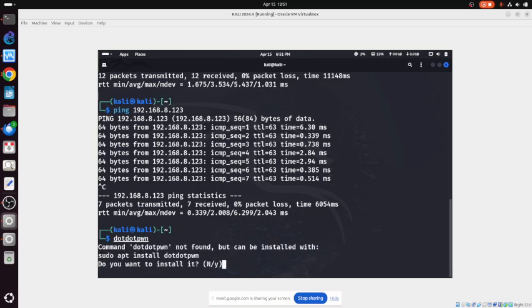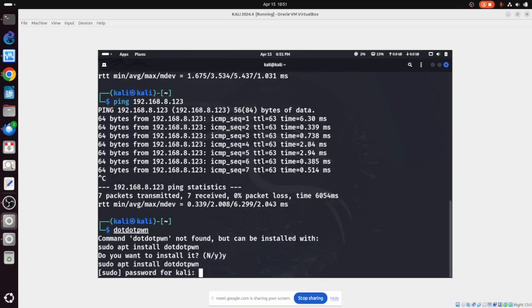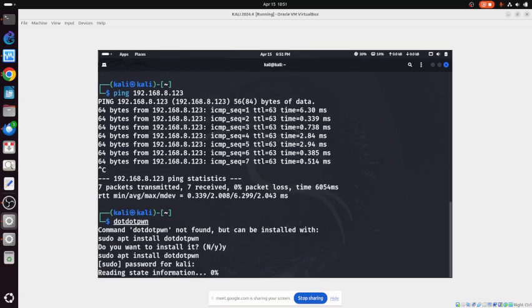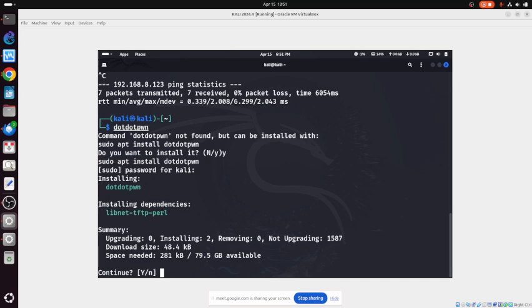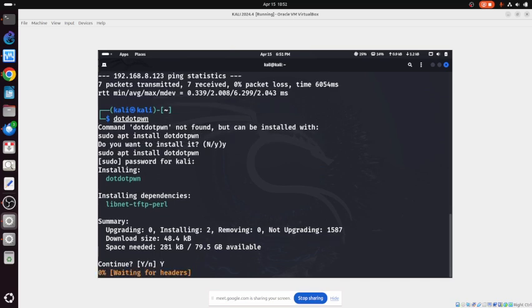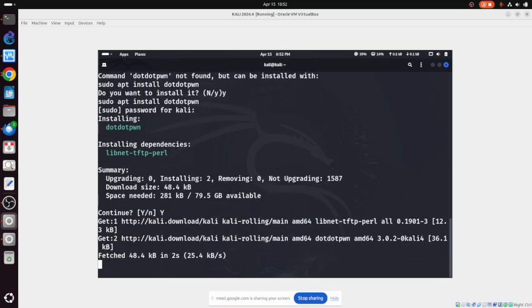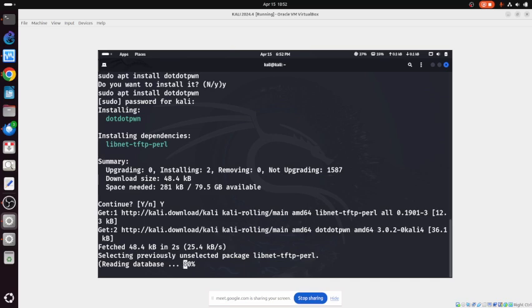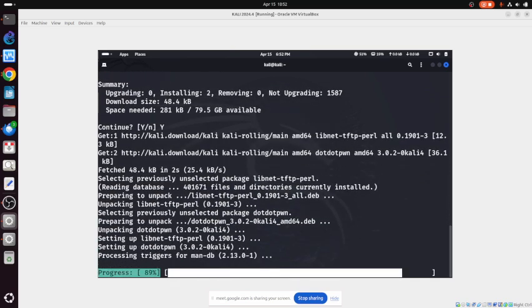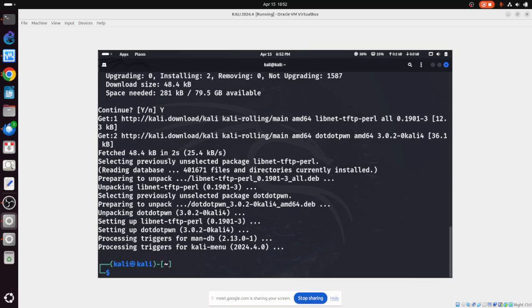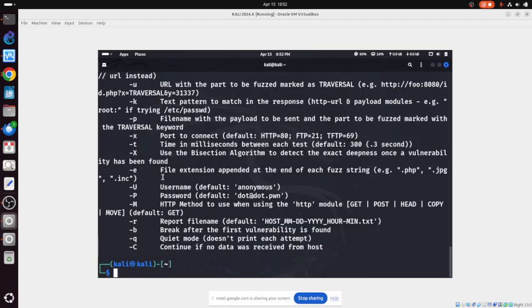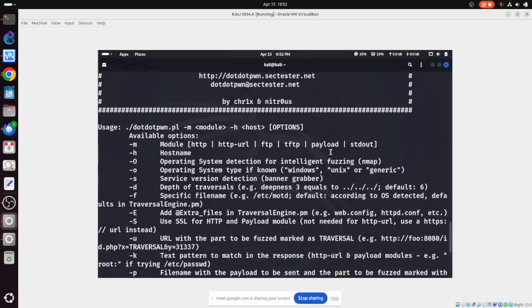Yes, password. So I need to install the tool first. So that's how we learn how to do these things. First we need to check on websites or in Google how we can do these things. People have built some tools, so we can do something like this. With the -h option, we can see how to use these tools.